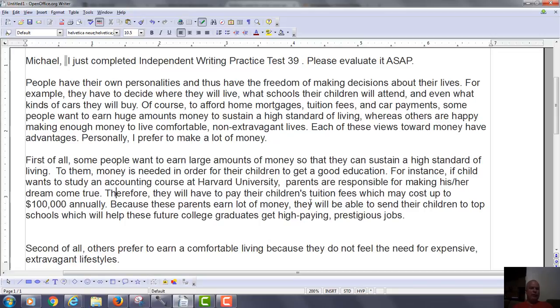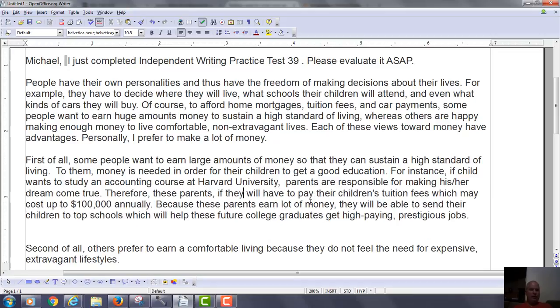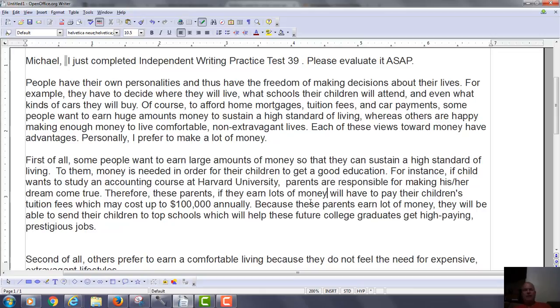Therefore, they'll have to pay their children's tuition fees. How about this? You could say these parents, how about if they earn lots of money,